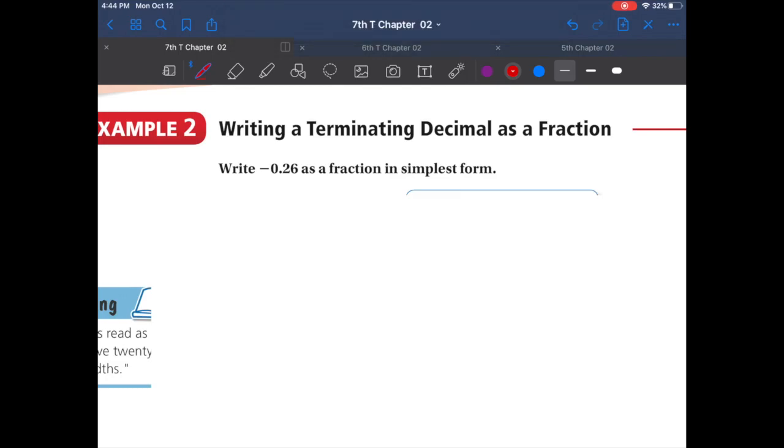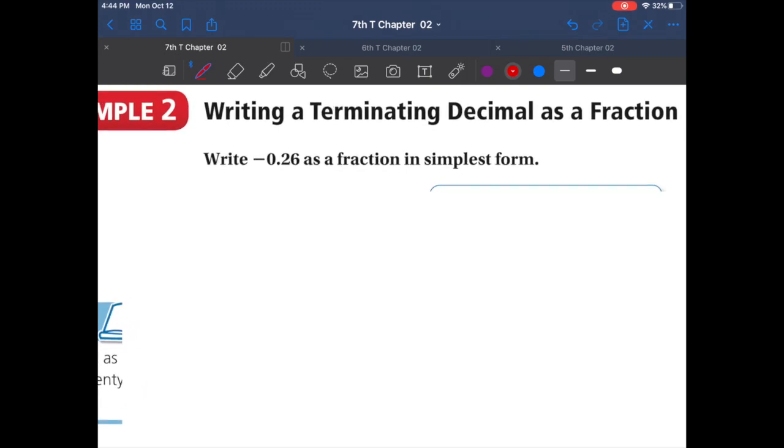In example number 2, we will talk about how to turn a terminating decimal into a fraction. So how do we do that? Well, so we have the number negative 0.26. What I want to do is look at the last place. What is the place value for that? That is in the hundredths place. So that would actually be